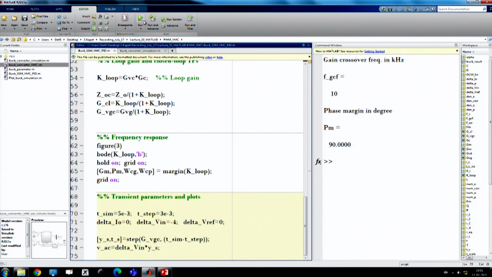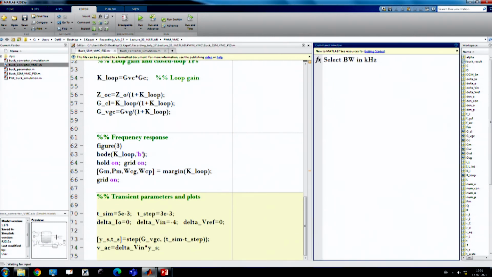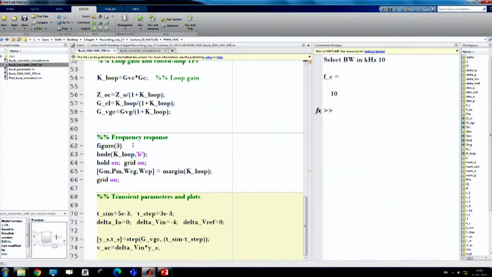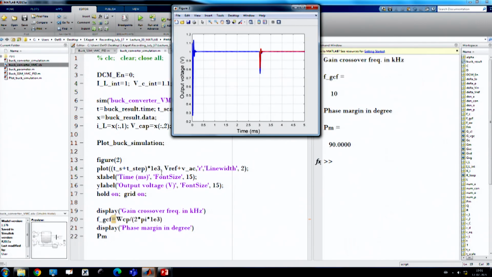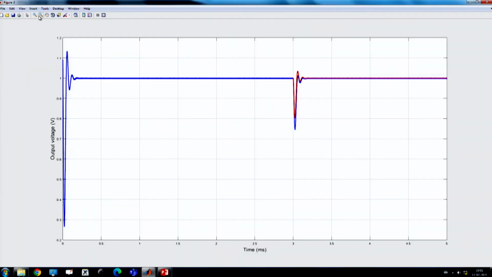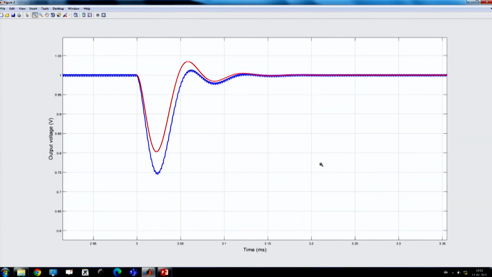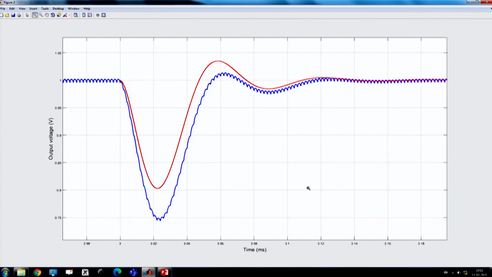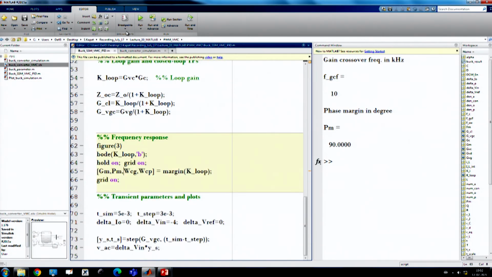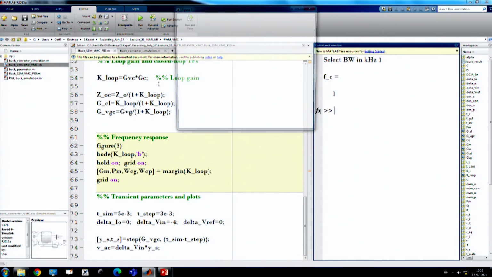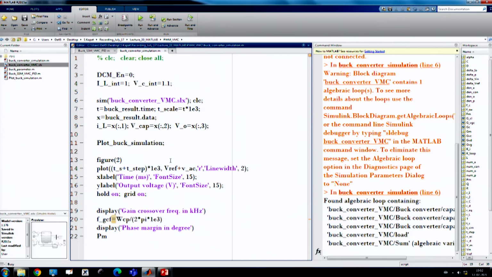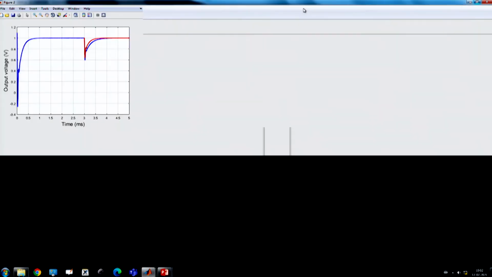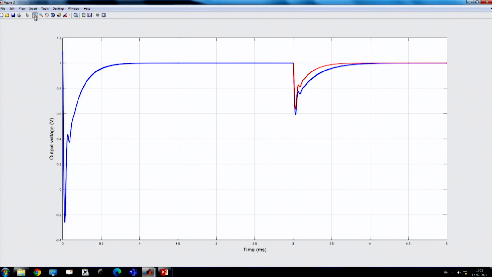Okay, so let us see what happens. So, here let us say we are setting 110 and we are trying to match the model, and see this is for supply transient, whether the model matches or not. So, even for supply transient it is not matching accurately, because the model starts diverging. If we go for very low like 1 kilohertz, let us check how far the model matches. So, there is still some deviation.